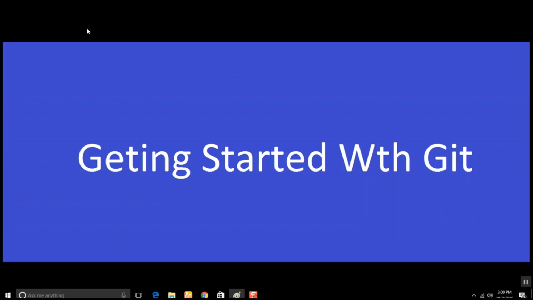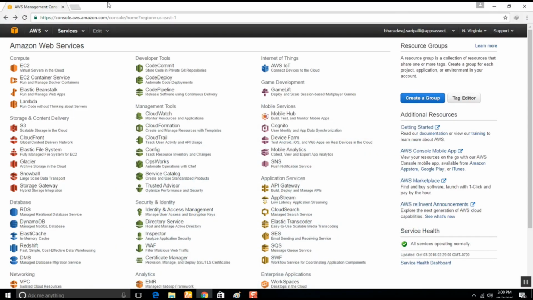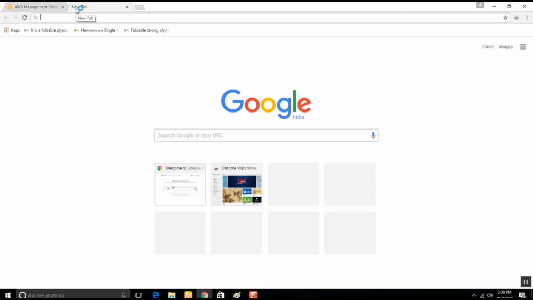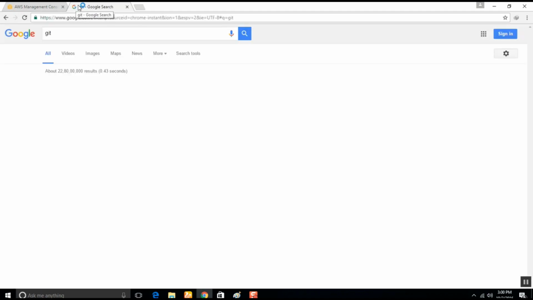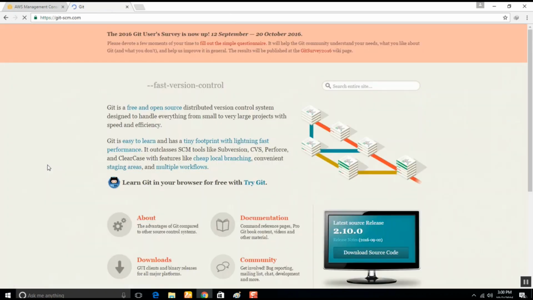So let's get started and install Git locally on a PC. To get Git, the first thing you need is to go to git-scm.com. Once you are there, I'm currently on Windows, so I'm downloading it for Windows.